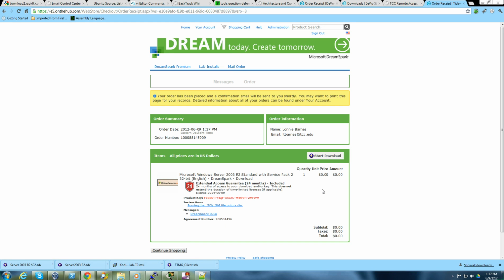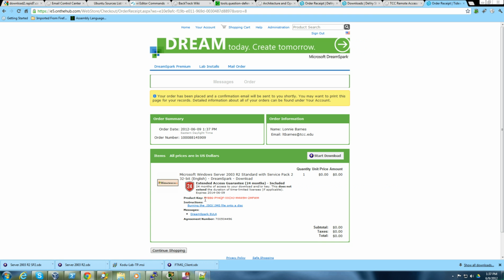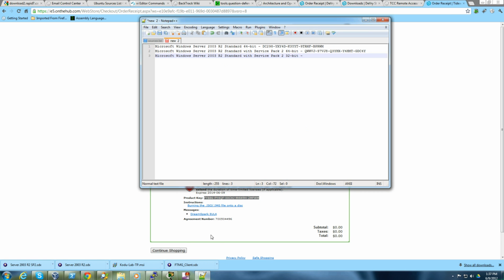Okay. I definitely recommend to print out, save, copy and paste product keys and everything to have for your records, so you would not lose them. You get limited access to how you can access your keys. Okay, even limited from what I give you to actually access the site itself. Okay,